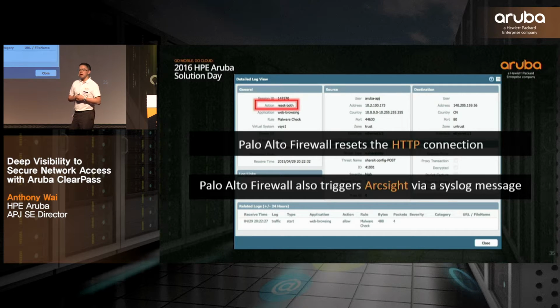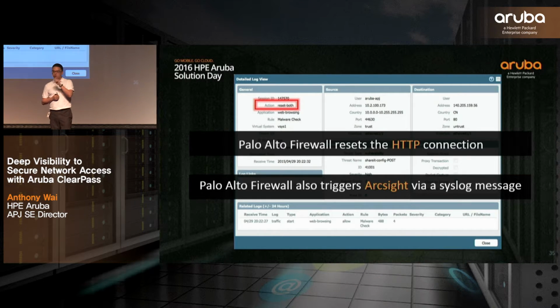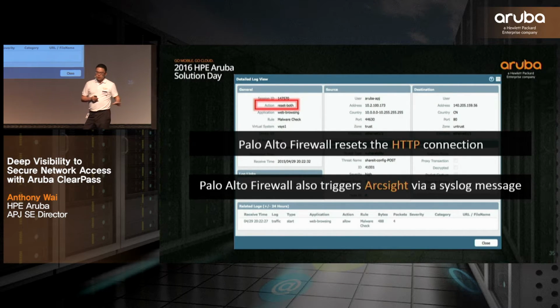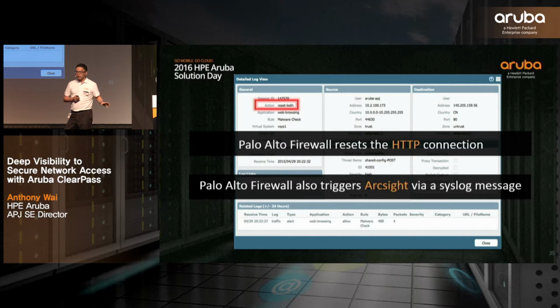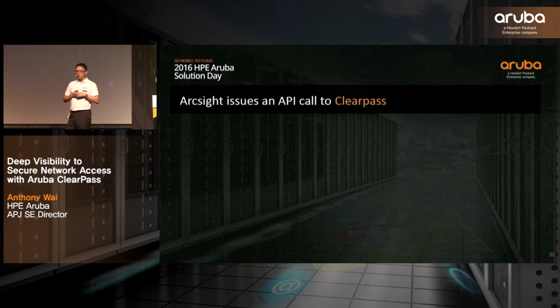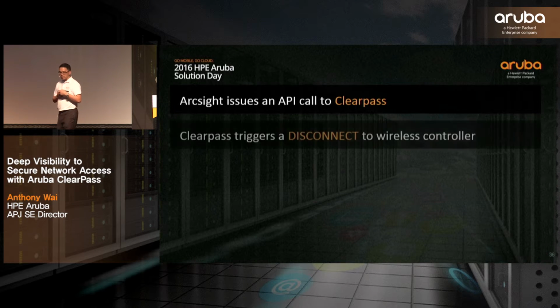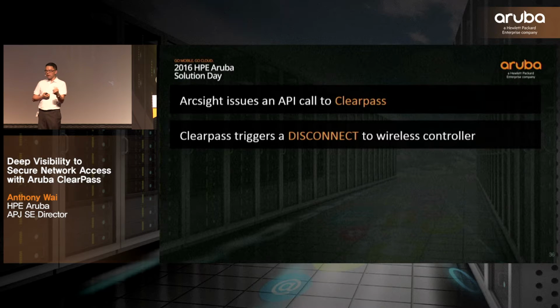But at the same time, because of the criticality and importance of this security event, it also makes a log at the SIEM, let's say ArcSight. So ArcSight receives a call from the Palo Alto firewall saying this particular malicious traffic is going outbound. Let's log it down so that I have a record of it. But at the same time, we integrated the syslog message from ArcSight to ClearPass, so ClearPass says, OK, there's something wrong, there's a highly critical event going on. Now I want to trigger a disconnect of this device at the network level from the wireless controller,